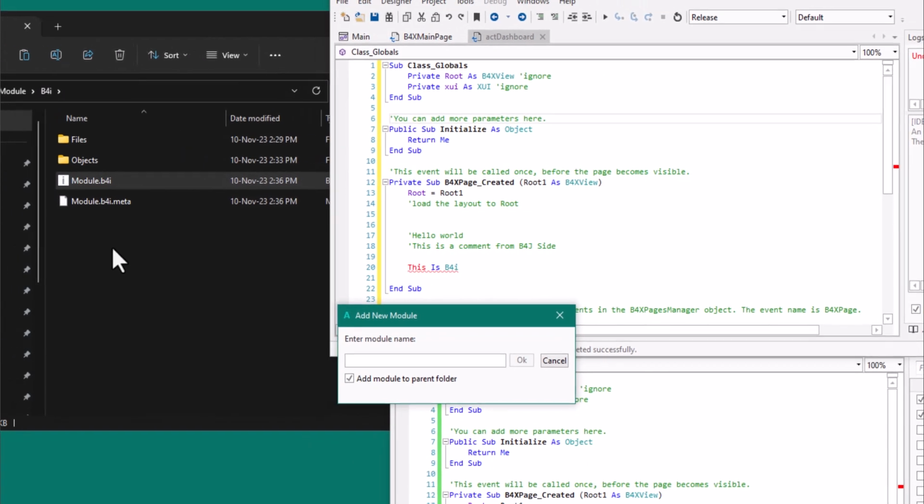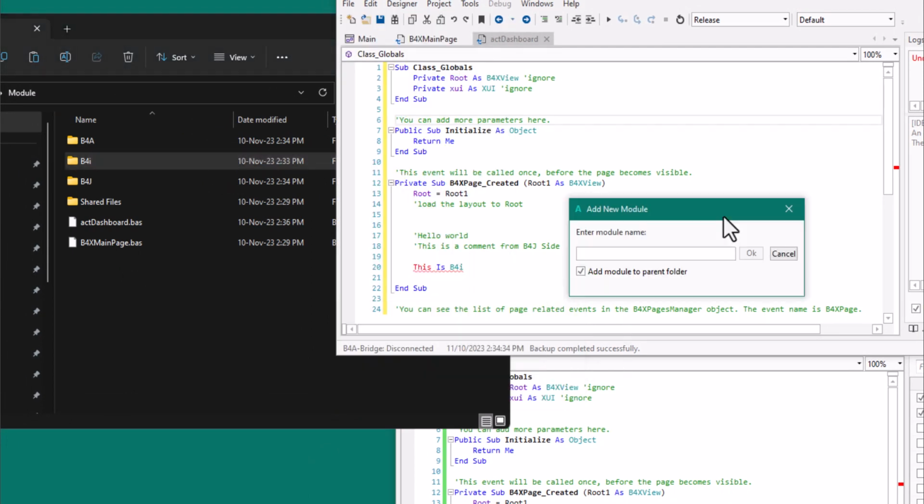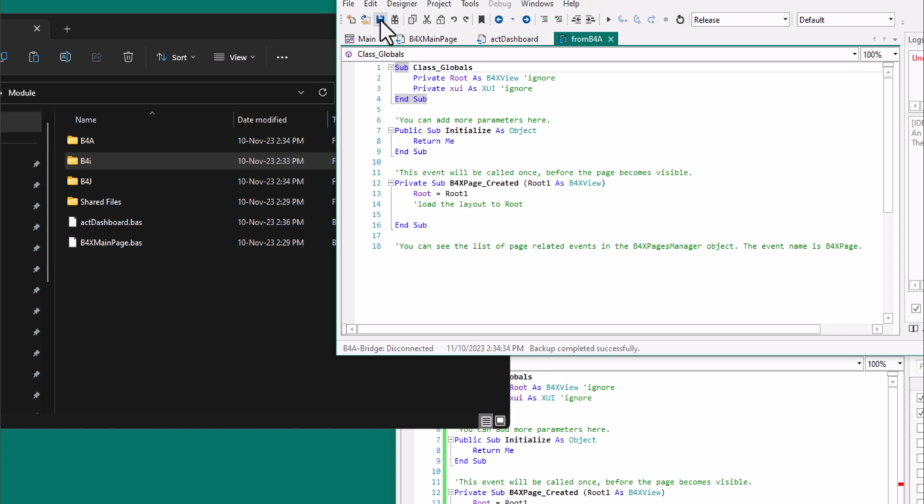Let me bring this our parent folder. Let's take a look. Then I also name it model, let's say from B4A, right? But we are adding it to the parent folder. Okay, as soon as we save, we should be able to see it here.